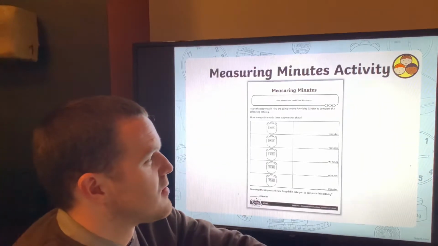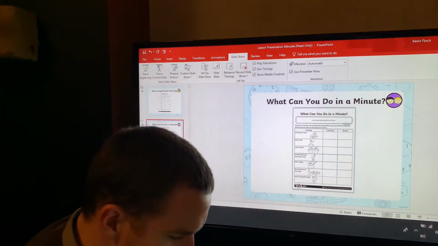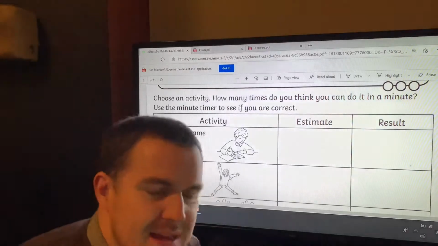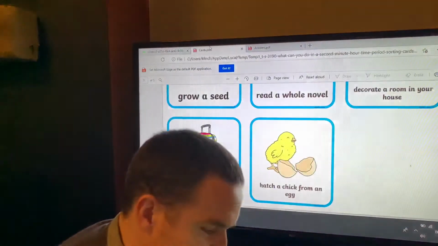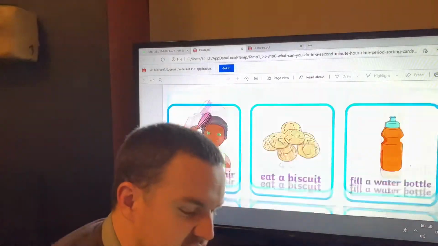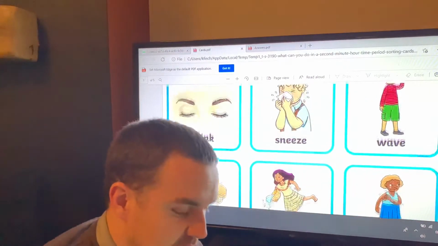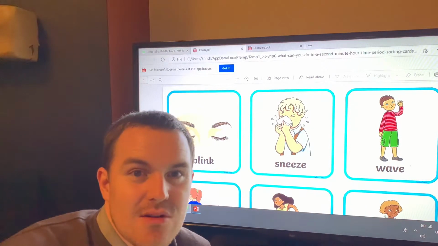So I'm going to move this on. I'm going to skip that. You guys are going to have this page to do, but I'm going to explain that in a minute. First of all, I want to talk about these cards, so I'm going to go up a little bit. Now, we're going to discuss some of these things and think about whether they take a second,